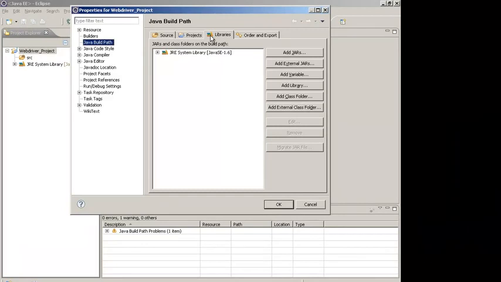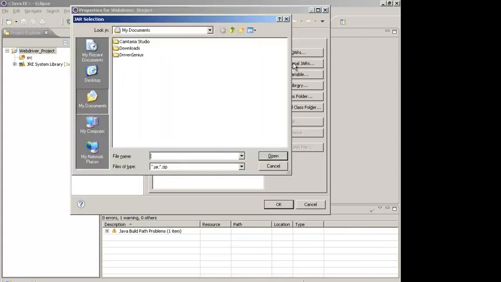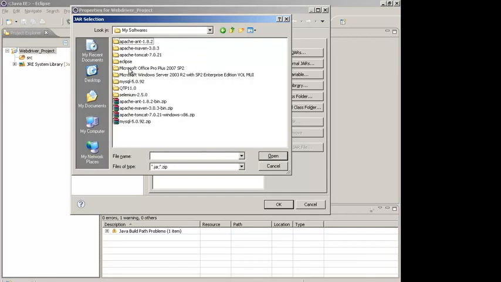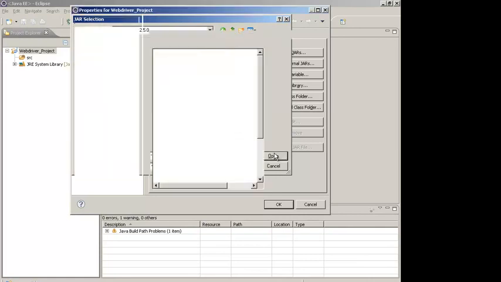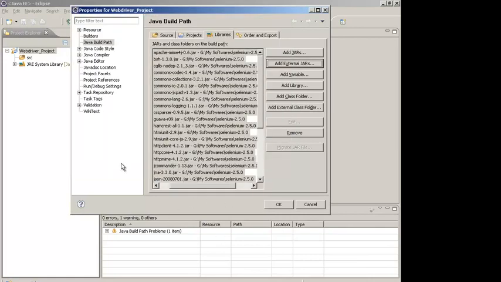Over here, click on the Libraries tab and you will find a button called Add External Jars on the right side. You click on this button and go to the place where the jar files have been downloaded. Out here on my PC, they are in this folder. You select all the jar files, click on open and add all the jar files in the project properties.